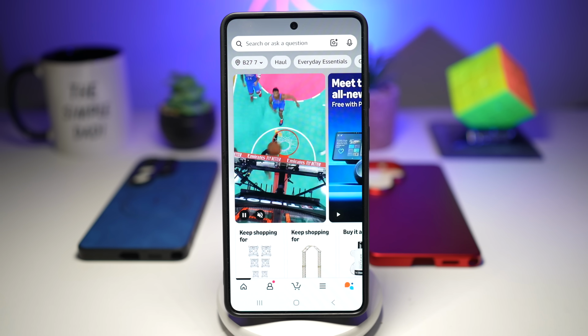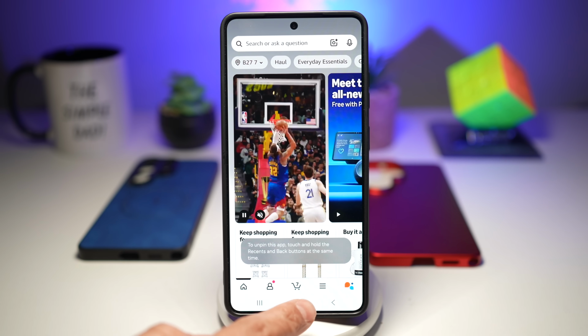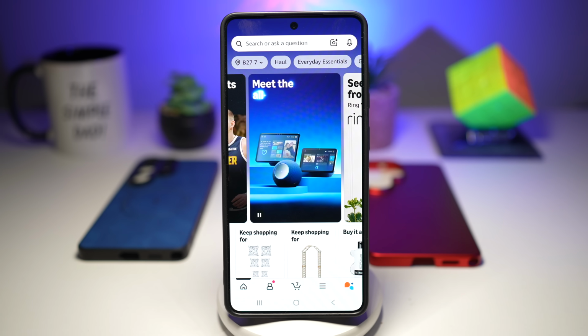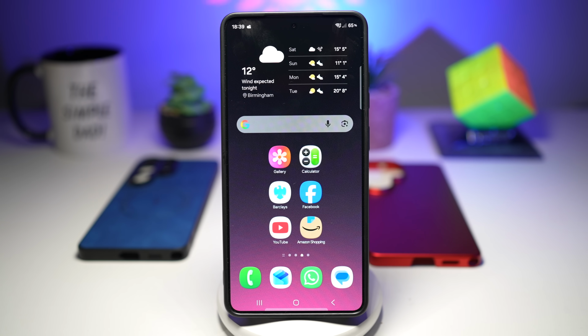So he or she will not be able to exit the app. He or she will need to just use the app as it is, and once they're done, they'll give it back to you. So this way you have privacy protection, so no one can access your personal apps, messages, or photos while using your phone. It's perfect for sharing, so you can let someone use YouTube, a game, or a browser